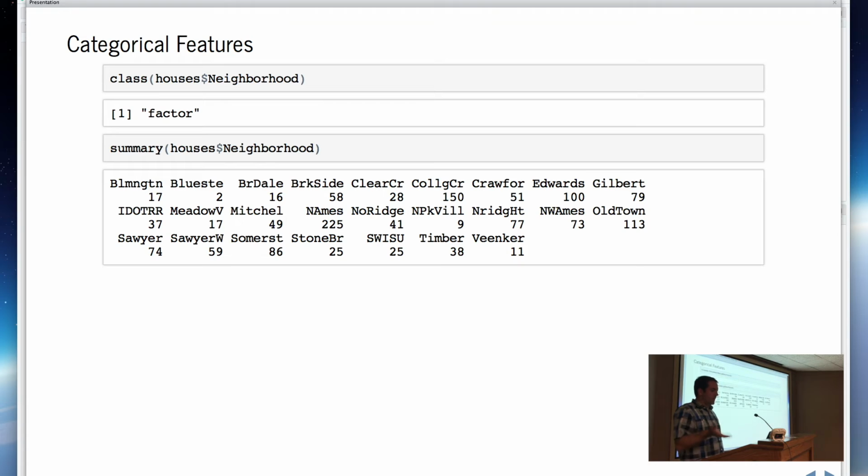So in this case, we've got neighborhood, and that's a factor. Factors in R are discrete values. We've taken those strings and converted them to, in other languages, you can think of it like an enum. There's an index behind the scenes that's being used to look up that value. So R knows there's only so many neighborhoods, and it's able to process those a little bit faster because it's not treating them as strings. It's treating them as individual discrete categories.